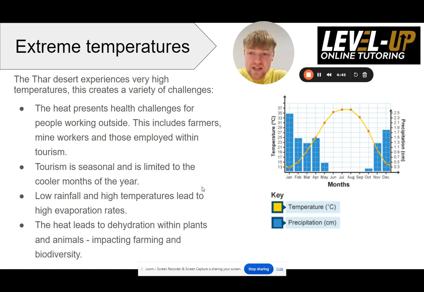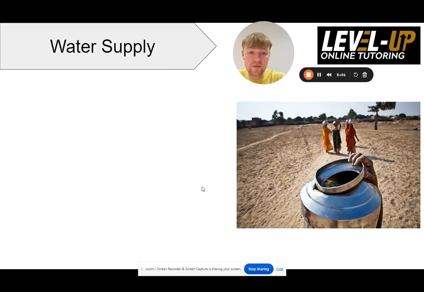And that again feeds into the extreme heat, leads to dehydration for plants and animals, which impacts farming, biodiversity, and also the jobs that people are doing as well, as we've previously discussed. So you can see how a lot of these are interlinked, or there is that interdependence element here. So linking on with that then, water supply, as you'd expect, very dry, very arid, very low